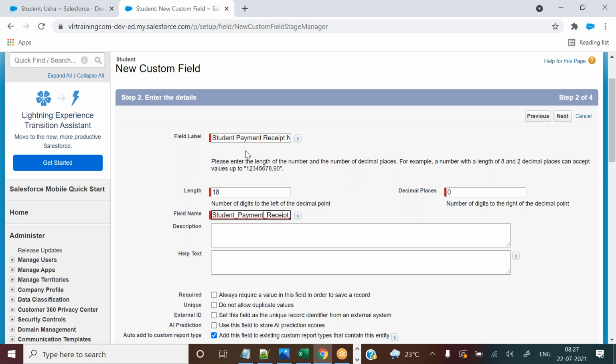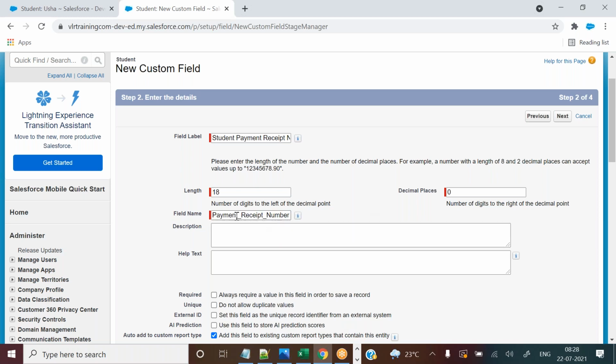Let's see here. Field name I have given student payment receipt number. Can I change? Field label is this one, field name. I don't want to go with the student also in the field name. Can I remove it? Answer is yes, you can remove it. So this field label should not always equal the field name. Field label name will be a different one, field name will be a different one. Based on your requirements you can change it. Why I'm saying is, in real time you are going to see for 2 to 3 of the fields, field label name will be the same, but names will be different.